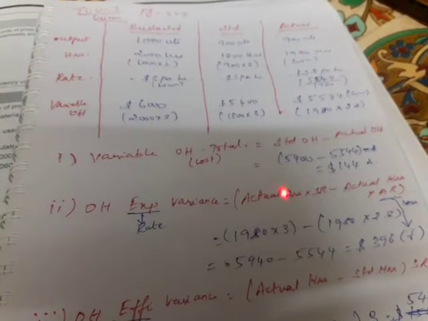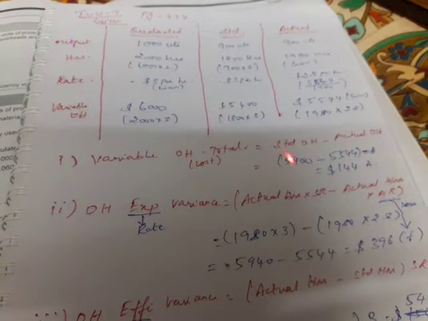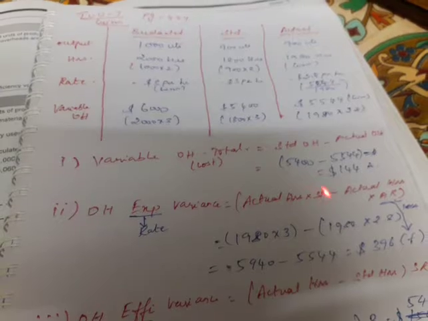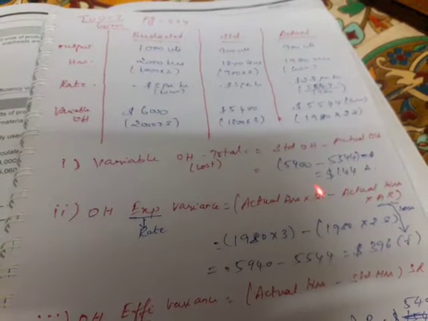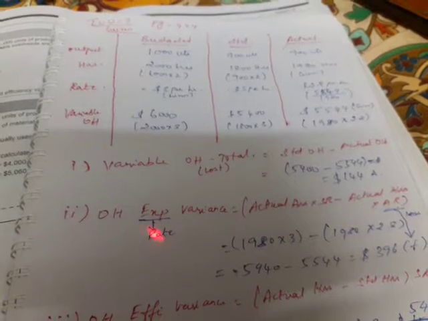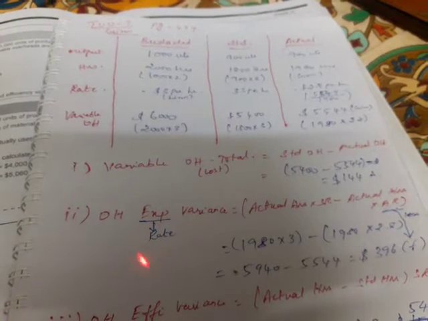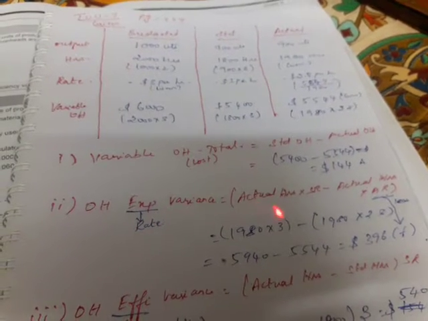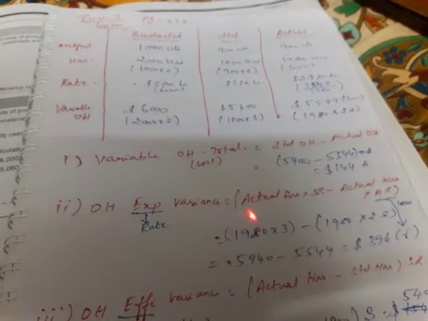We are having actuals. Don't confuse yourself. Here standard minus actual, here only actual. We are comparing actual hours between rates. So here the variances are between rates. It is not given in the question or exam answers; I am just adding on points. So please note all these things, or else you will be getting confused.